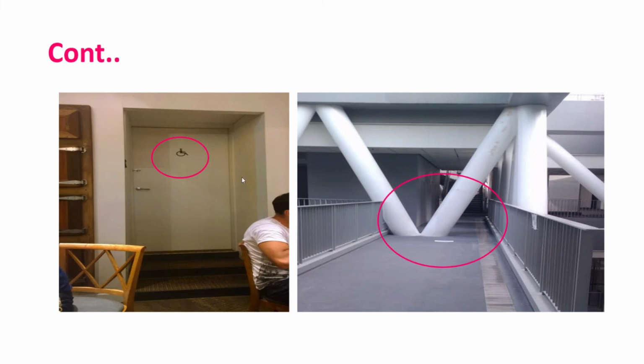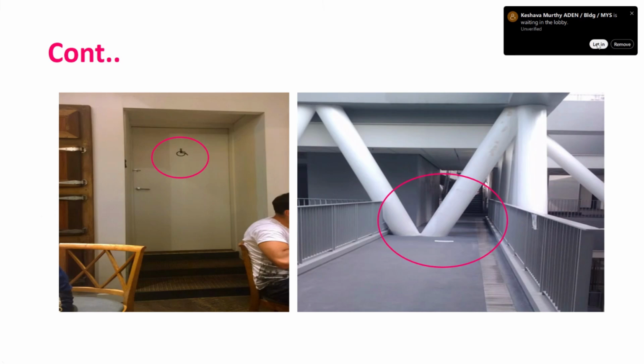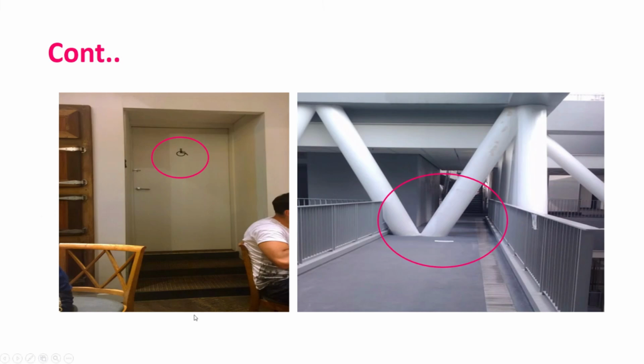Likewise, we have a certain requirement, as you can see, for Divyangjan facilities, we need to provide some type of proper ramp so that the person is able to have access to this particular toilet. But again, the staircase has been provided, and although we have given a symbol of Divyangjan facilities here, it is of no use because the access is not available. So we have various guidelines nowadays for Divyangjan persons or the facilities which are required to be provided. I will briefly cover at the end of the presentation certain basic requirements or certain terminologies with respect to Divyangjan.